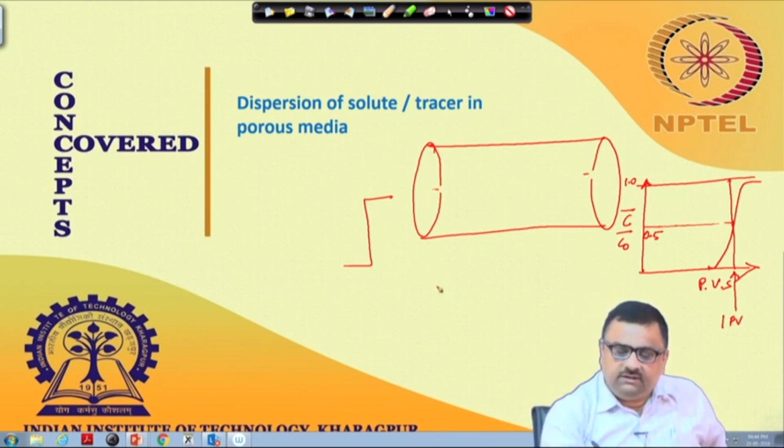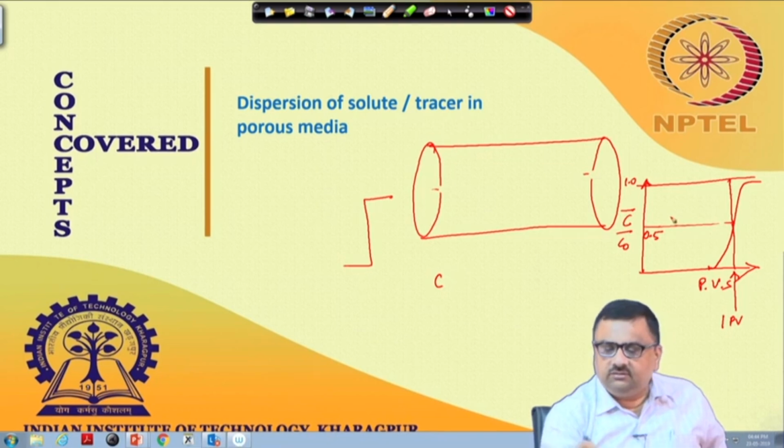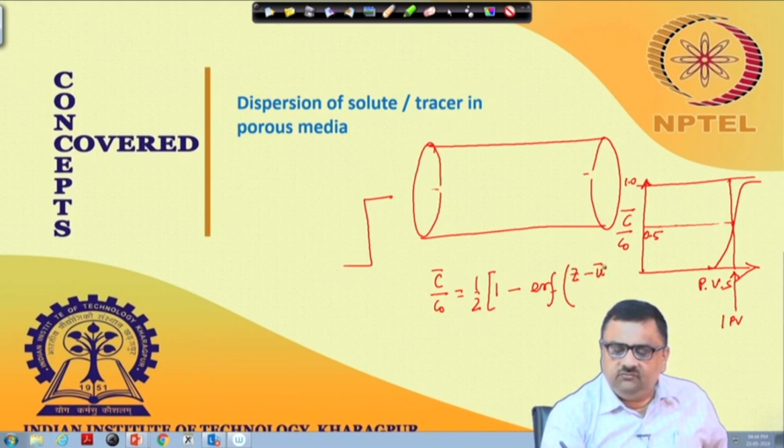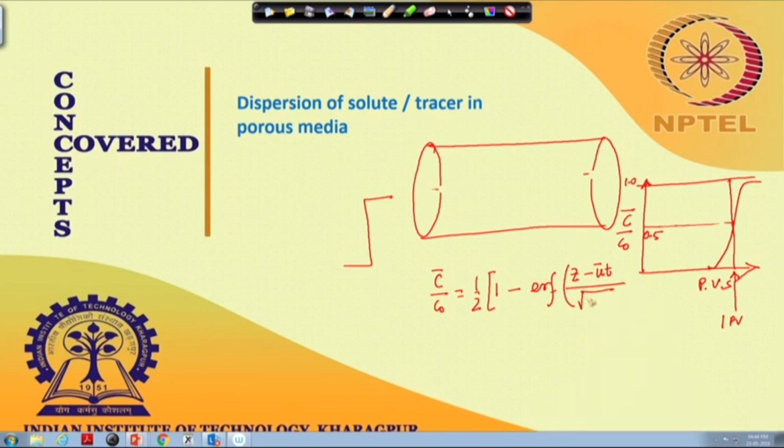Because you recall this equation that we arrived at for the step change. It was C bar by C 0 is equal to half into 1 minus error function of (Z minus U bar T) divided by square root of 4 D T, or 4 D C T D. Okay. So, if this is the concentration profile, then